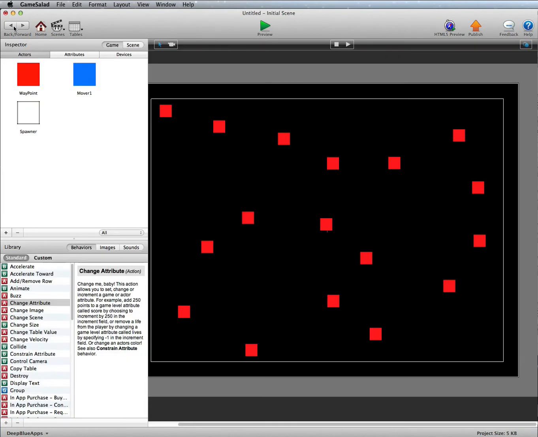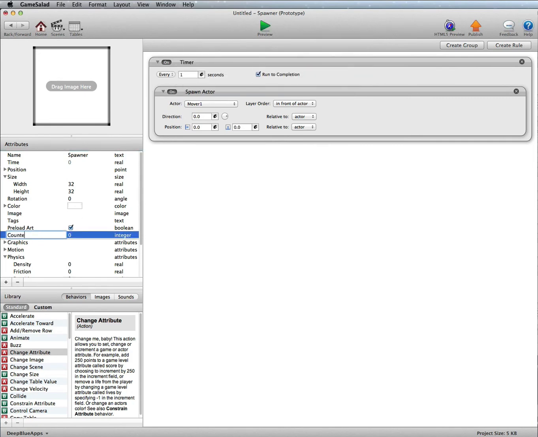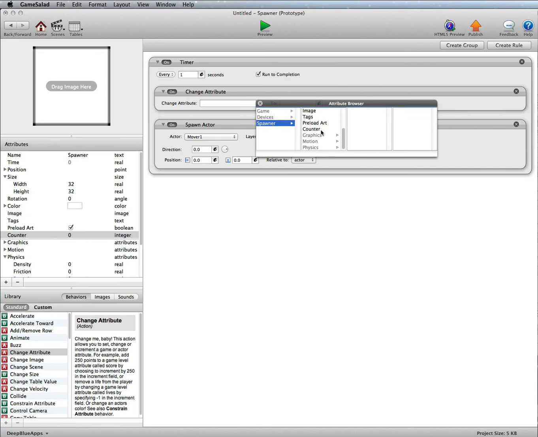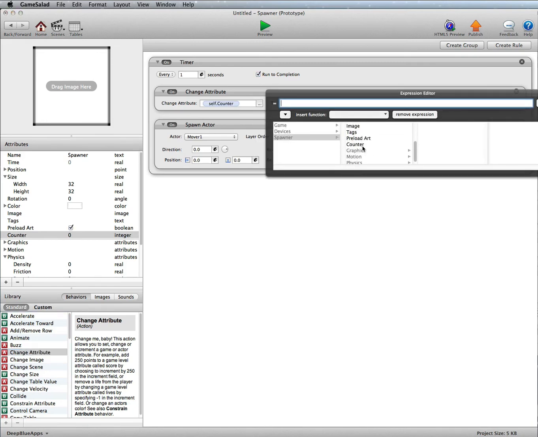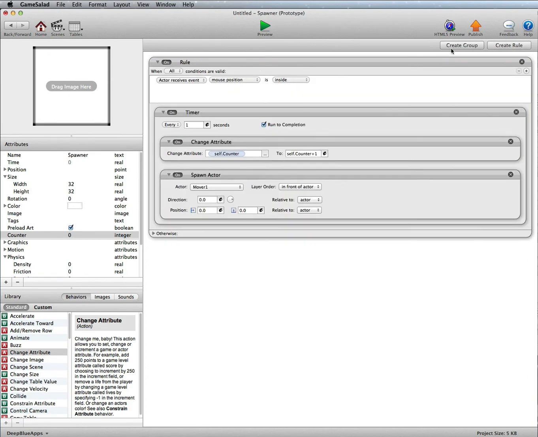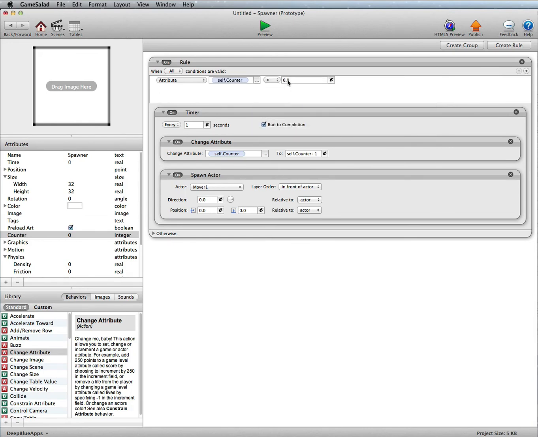Now we can limit the number of these blue actors, the movers. If we go into the spawner, for example, we could have a self integer, and again we can just call this counter, and then every 1 second we can change spawner counter to spawner counter plus 1, and then we can select the timer, click on this create rule, which will wrap the whole lot in a rule, and then we can say attribute spawner counter is less than, I don't know, what should we have, 30, then spawn. If that's bigger than 30 or equals 30, then it won't spawn anymore,